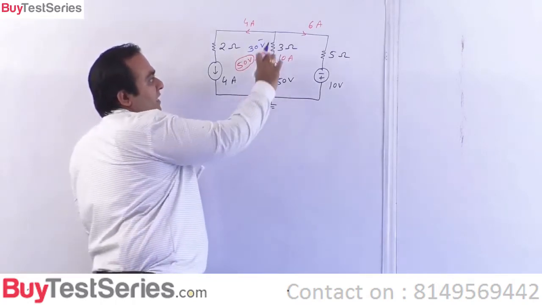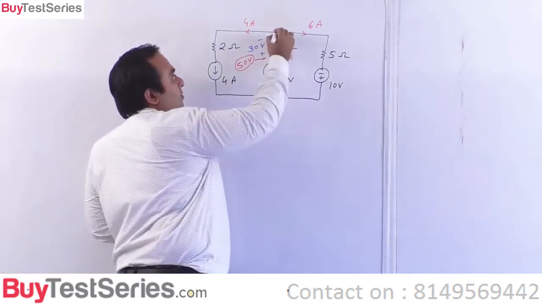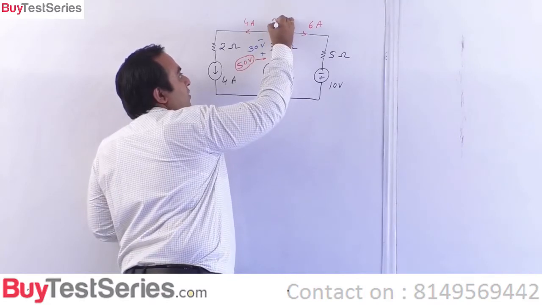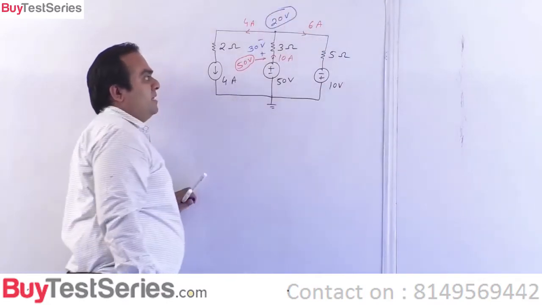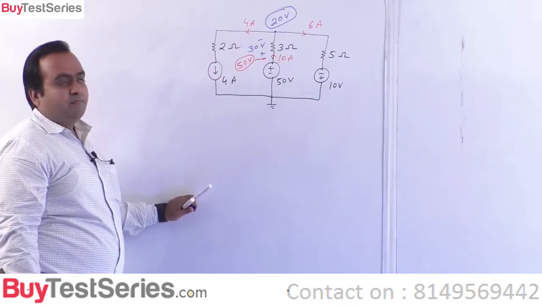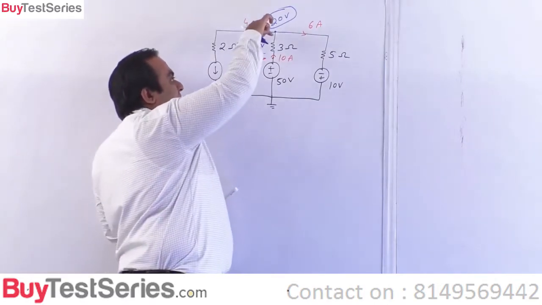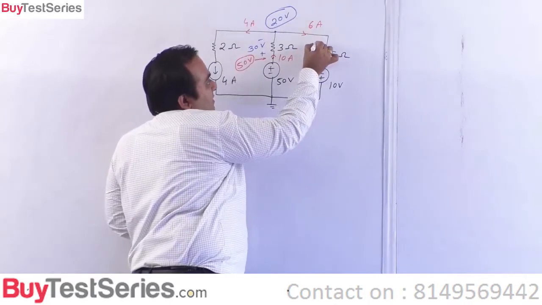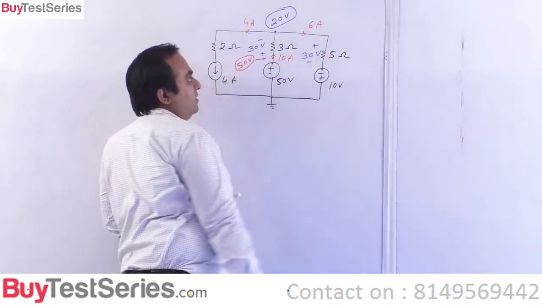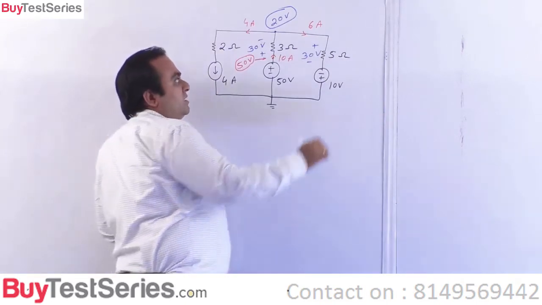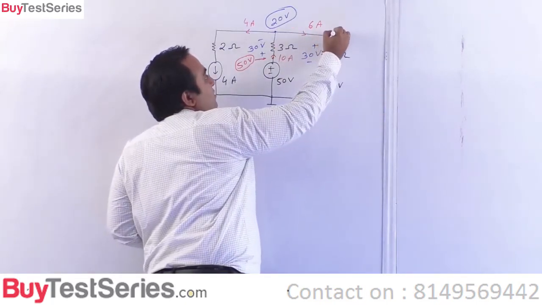So if this is 50, and this is a 30 volt drop, then this node voltage must be 20 volts. This has to be 20 volts. If this 6 amperes comes down like this, this has to be 30 volts. This has to be 30 volts. Since this is 20 volts,